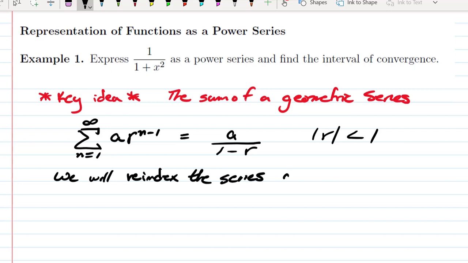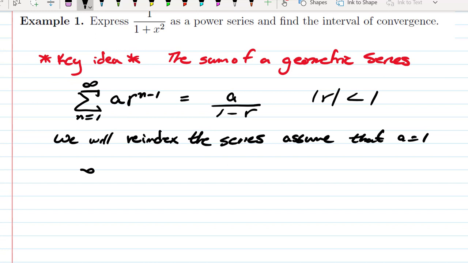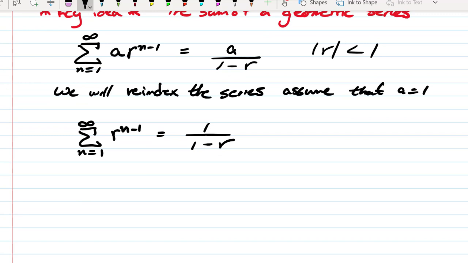and assume that a equals 1. So if we let a equals 1, we get the following statement. The sum as n goes from 1 to infinity, if a is 1, it's just r to the n minus 1, and then that would equal 1 over 1 minus r. But we want our series to start at n equals 0, not at n equals 1, so we're